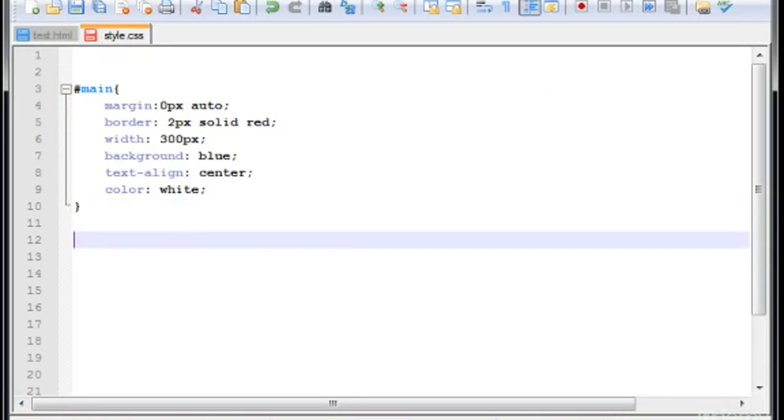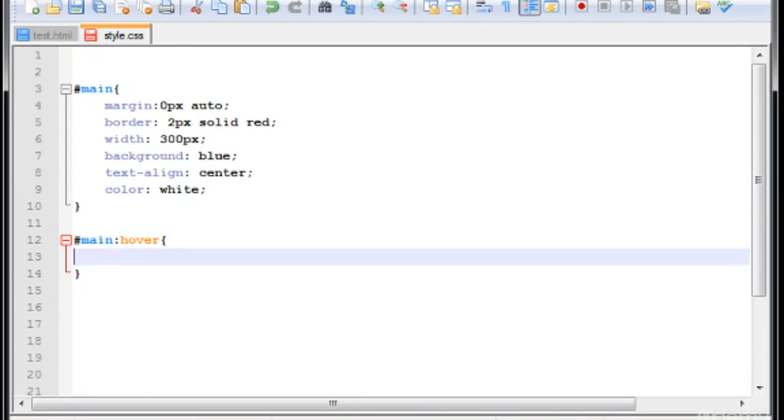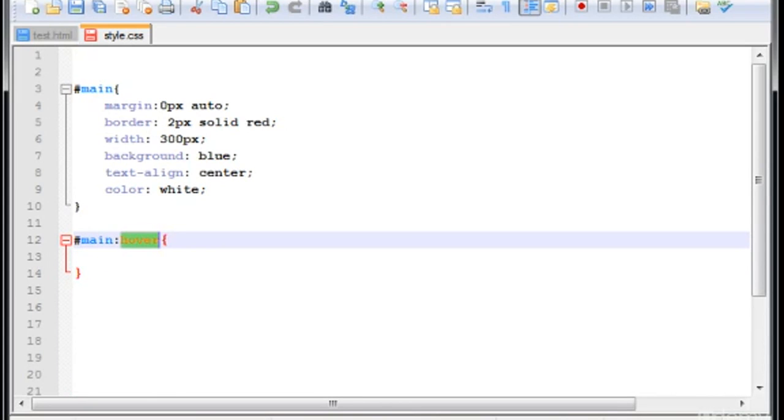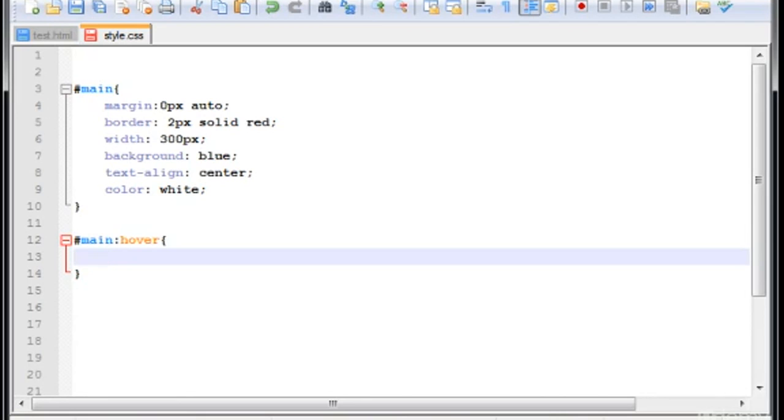And the first thing you have to type is main:hover. A lot of you guys already know what this means. Hope so, because hover is a very important property in CSS. Basically, what do you want to do when you hover it? When you hover the main, in this case, which is the box. And what I want to do is